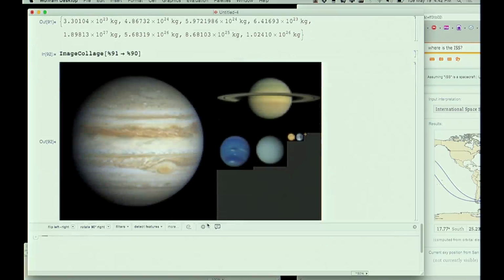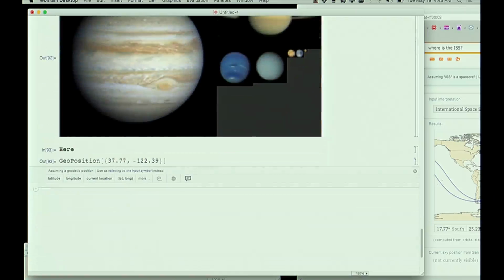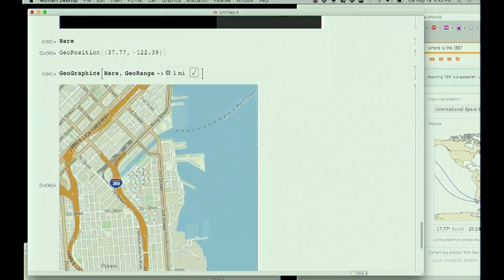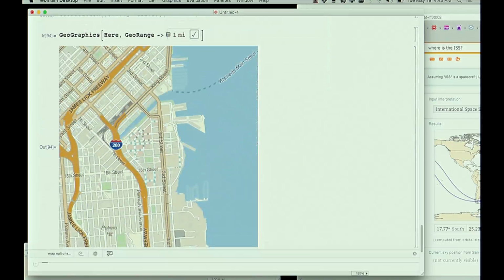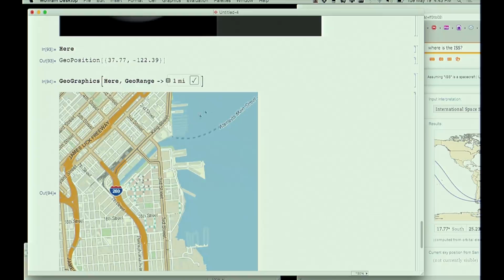Let's do something. In our language, there's a notion of "here". Let's find out how reasonable this is. How about we do a 1 mile radius around the place that the GeoIP location of this computer is. Okay, that looks fairly inaccurate to me. That must be where the ISP for this is.